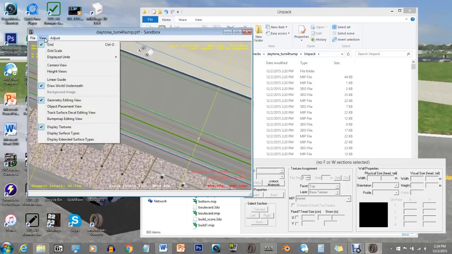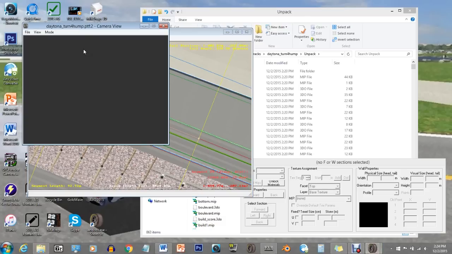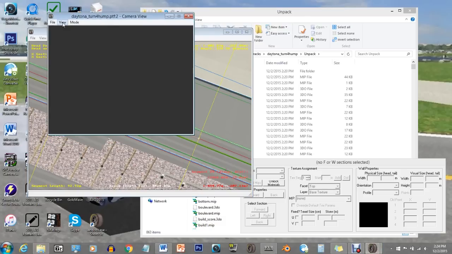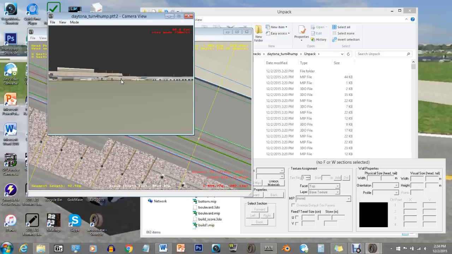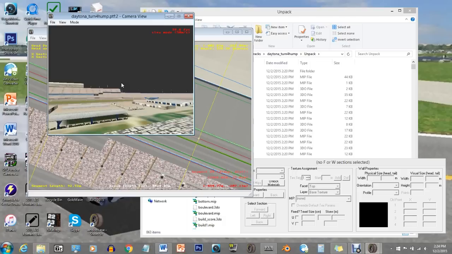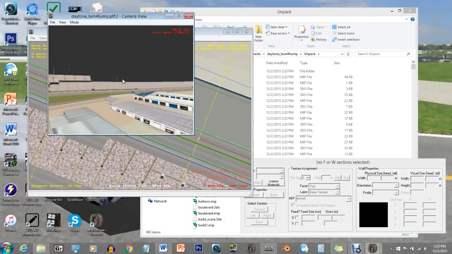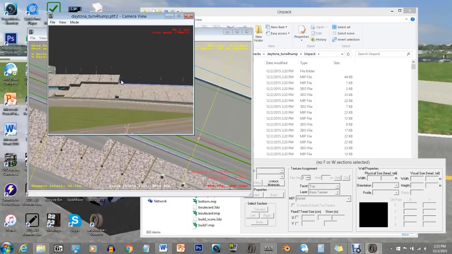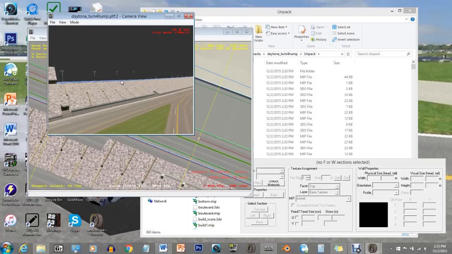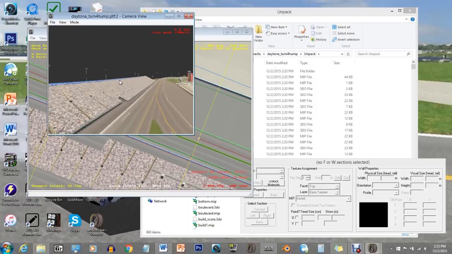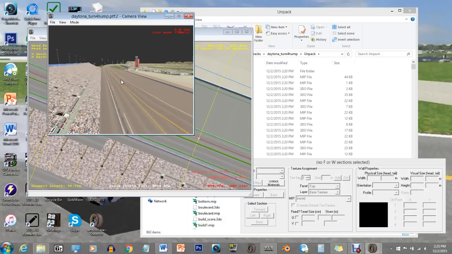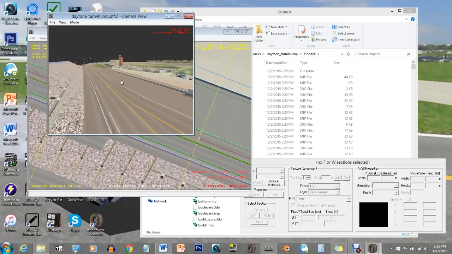So what I'm going to do here is click on view, then click on camera view. This is kind of like the camera control master. You'll click on mode and do slew mode. We can move it around with our mouse. Right click makes you go forward, and normal or left click makes you go backwards. I just want to get a view here of what this is going to look like, and then I hit the space bar and that'll lock it in place for the